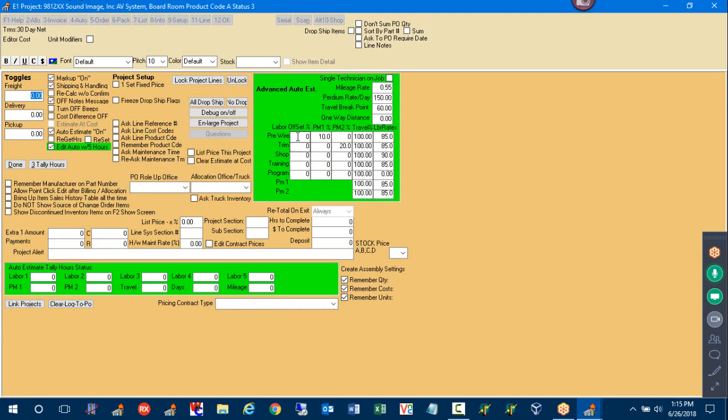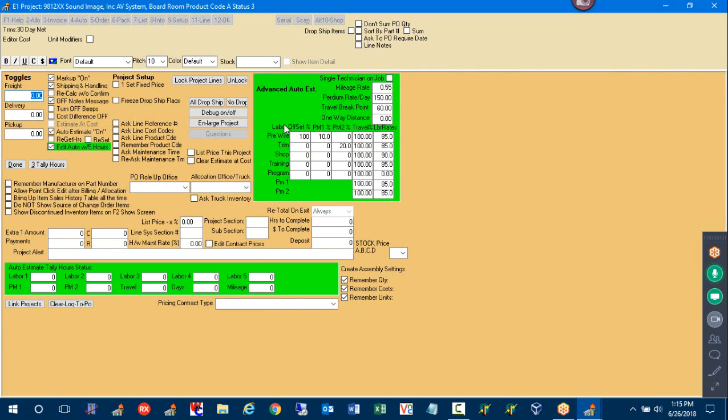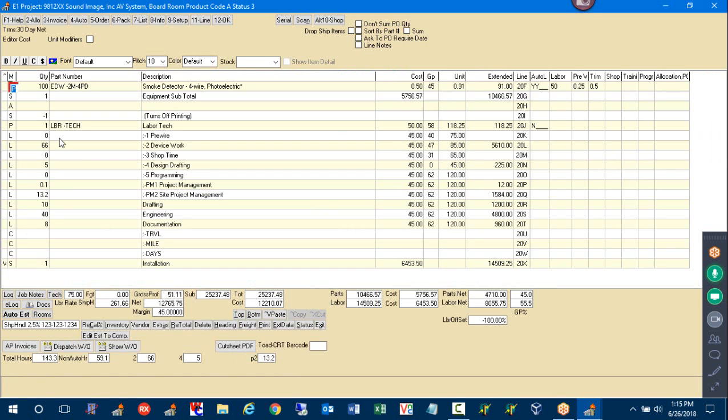There's a thing called offset right here, and you could say 100% up, doubling the time effectively. So when I click on this, that just went from 53 to 106, okay? Or the reverse is true. If I'm gonna sub out the pre-wire to an electrical, then I can do 100% minus, and now you notice the pre-wire just went away. So there's a couple things you can do called the offset that lets you expand, increase, or decrease